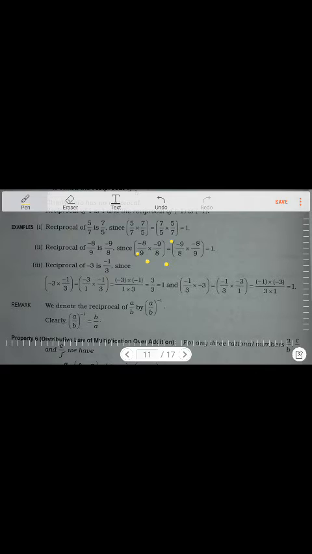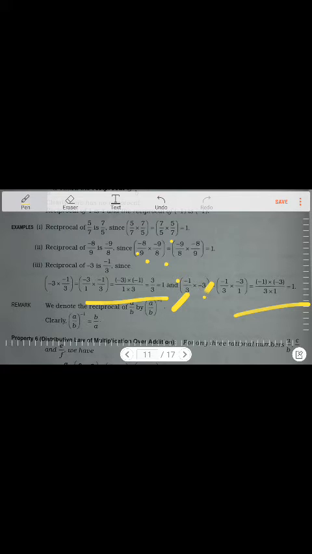So the reciprocal of minus 3 is minus 1 by 3. Since minus 3 into minus 1 by 3, you will see 3 3, with nothing below, means there is 1. In the next step it has been shown. 3 3 got cancelled, okay? And minus into minus becomes plus 1. So it has been written. And when we do further, that means minus 3, this itself. And when we write minus 1 by 3 into minus 3, then also 3 3 get cancelled, and minus 1 into minus 1 will become plus 1, as it has been shown over here.